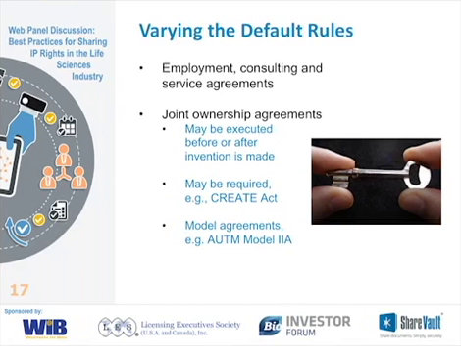So certainly by contract, the inventors can give ownership to third parties. There's also varying the default rules by joint ownership agreements. So if you have two entities who own the intellectual property together, they can decide by agreement that, for example, permission is granted for licensing outside the United States, or they can decide that one of the two parties will control patent prosecution. Some of these agreements can be made before or after the invention. In writing, of course, is always a good idea.